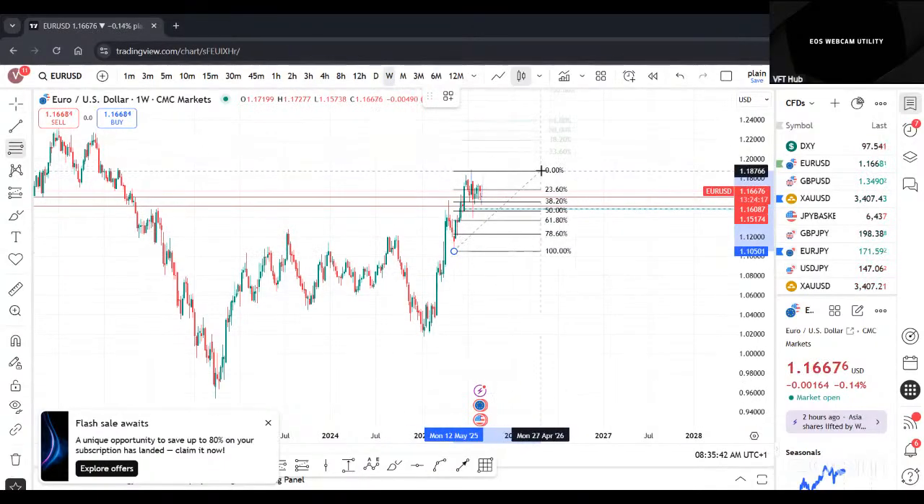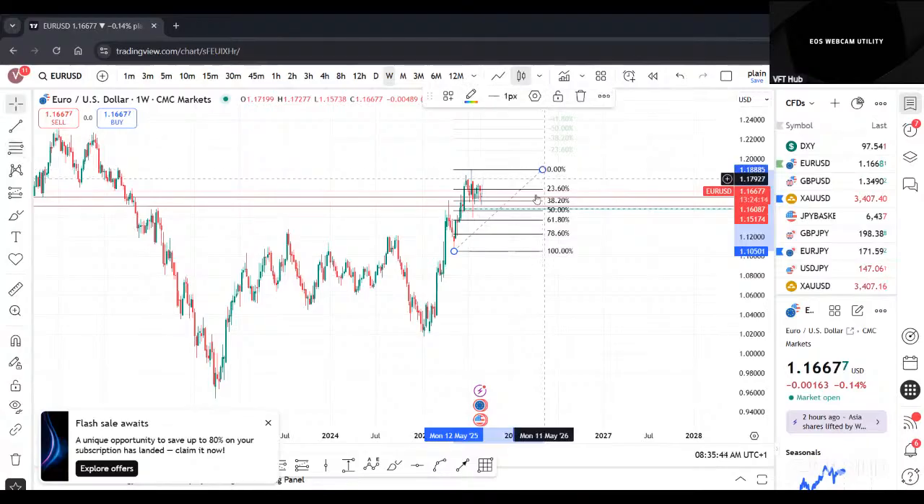So fibbing this from point A to point B, price tapped into the 61.8% fib level. We saw some reaction at that point, right? Price just tapped into it and reacted to the upside. It has failed to break the high, of course. So I'm speculating that price wants to retrace again, either into the 50% fib level or the 61.8% fib level, or even into